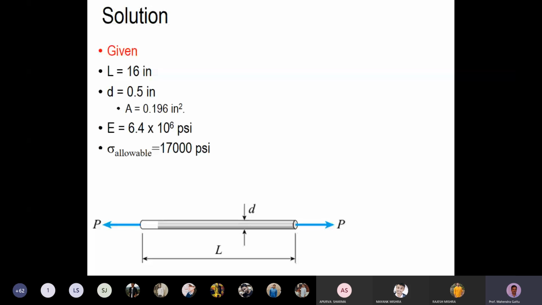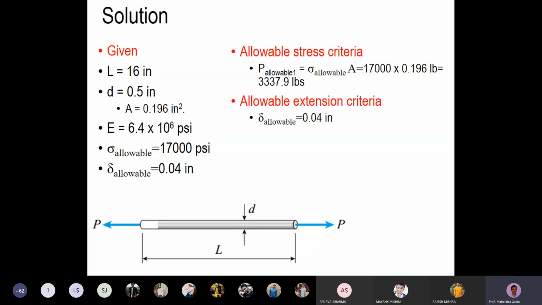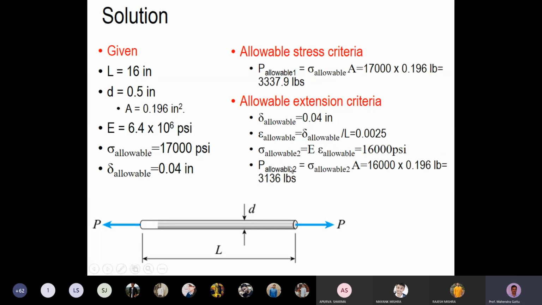So yeah, we are getting 0.25%, and then we can calculate. We can use Hooke's law, and we can get the sigma allowable. So sigma allowable will be E times epsilon allowable, which is 16,000 psi, and from that we can get the P allowable. So P allowable 2 is sigma allowable times area, which is 16 into that area, which is